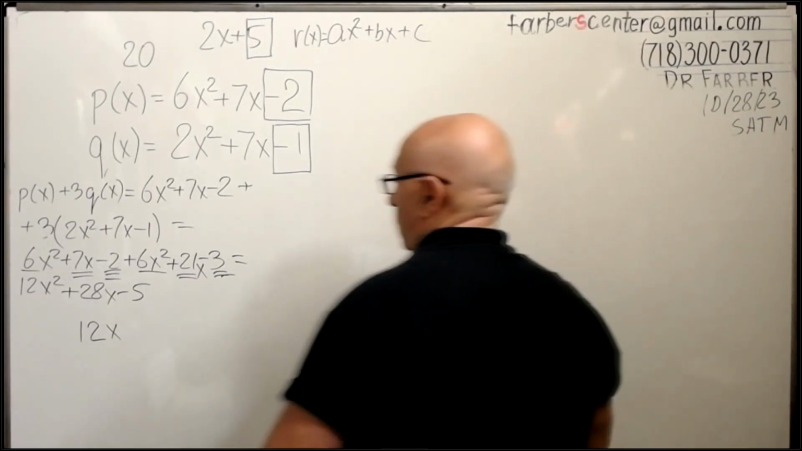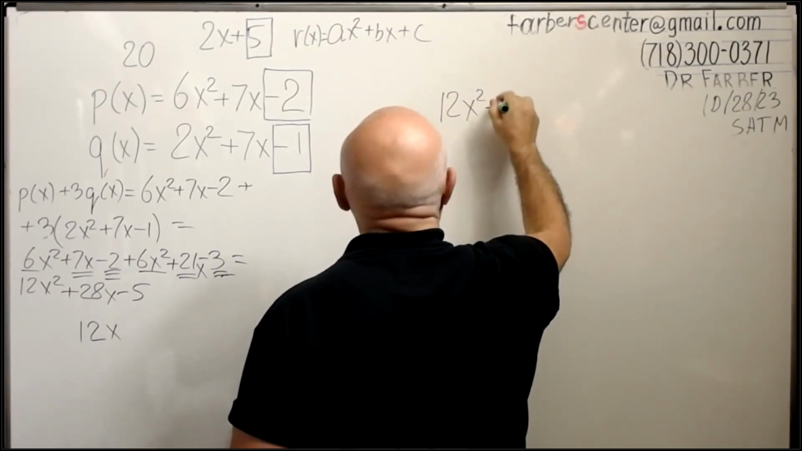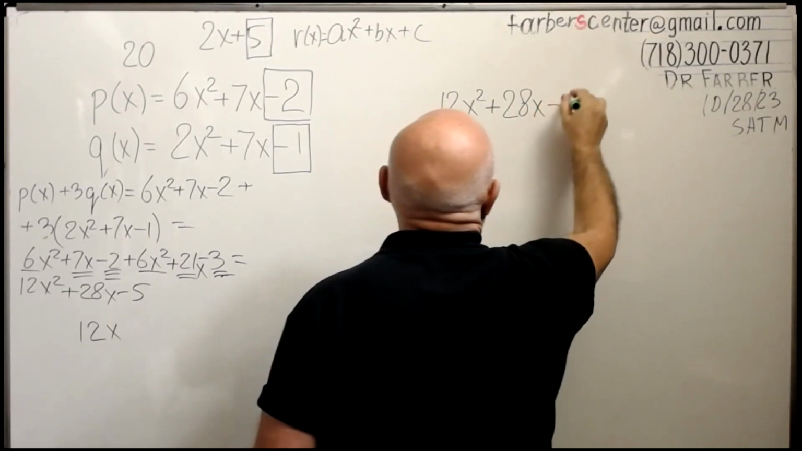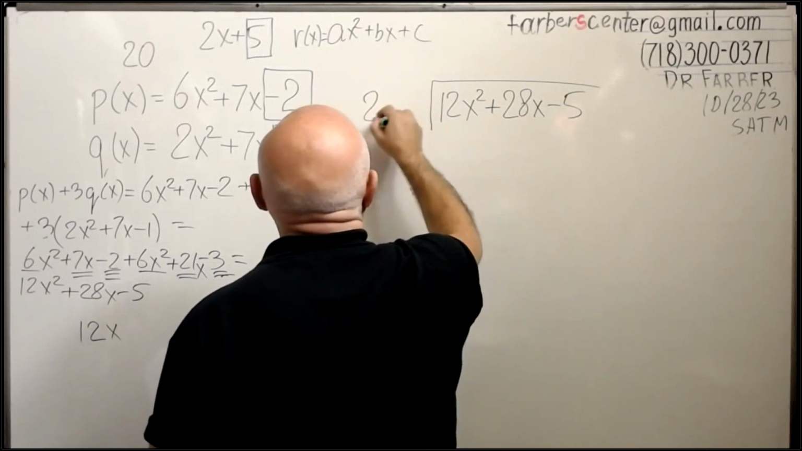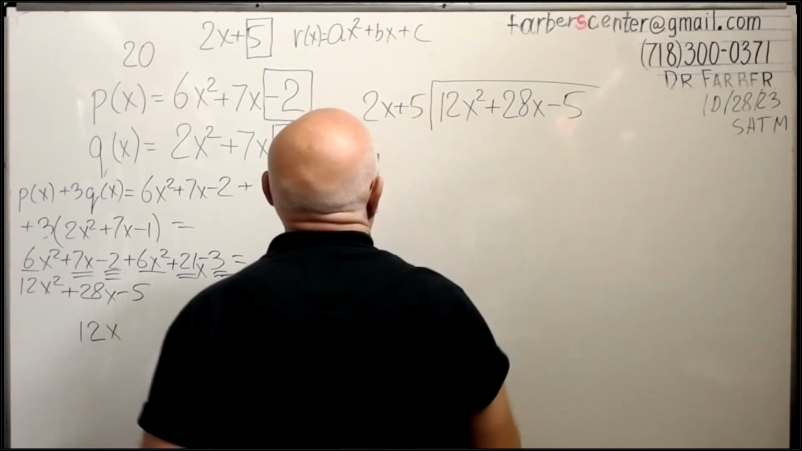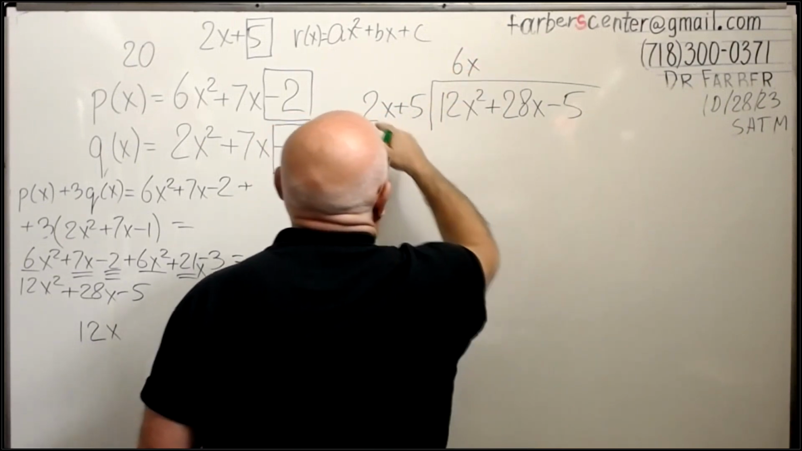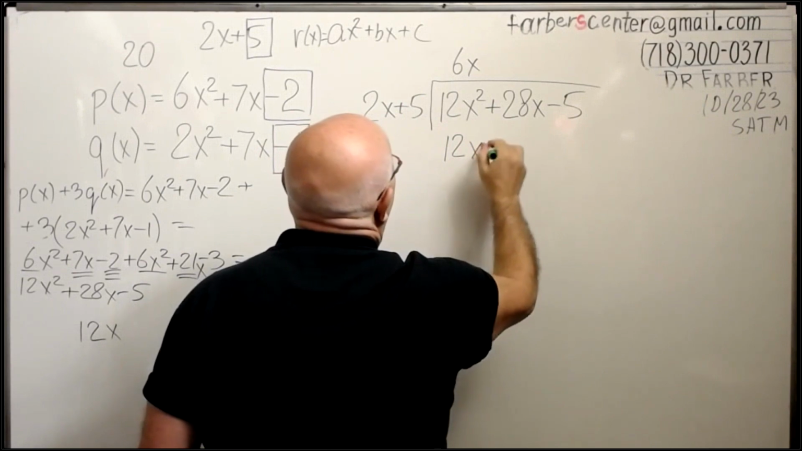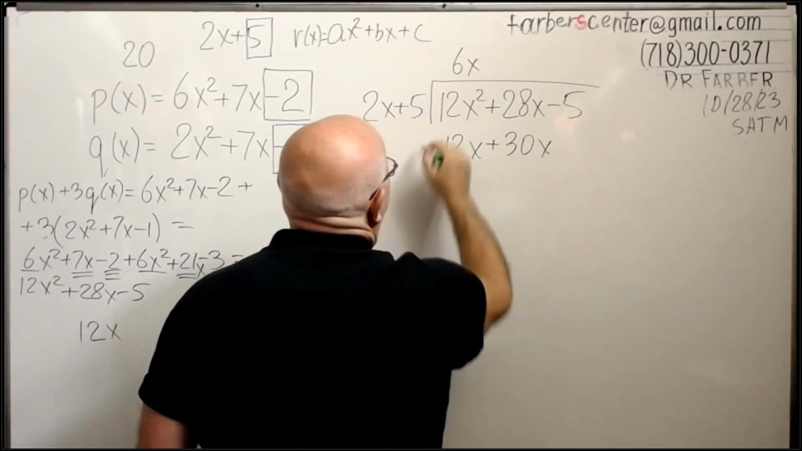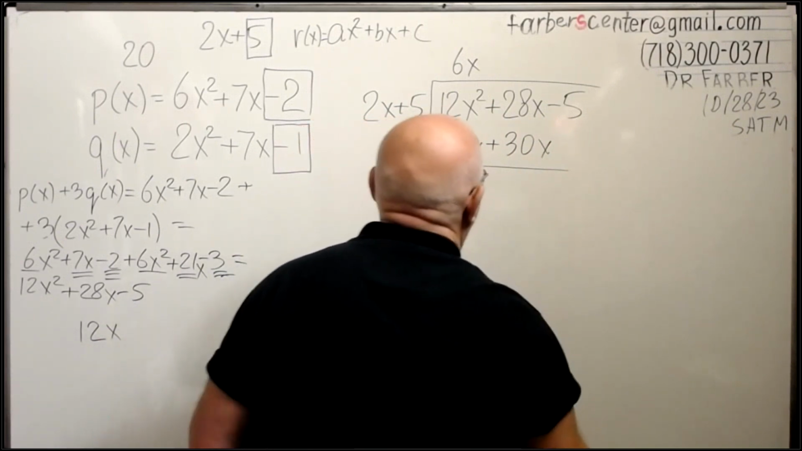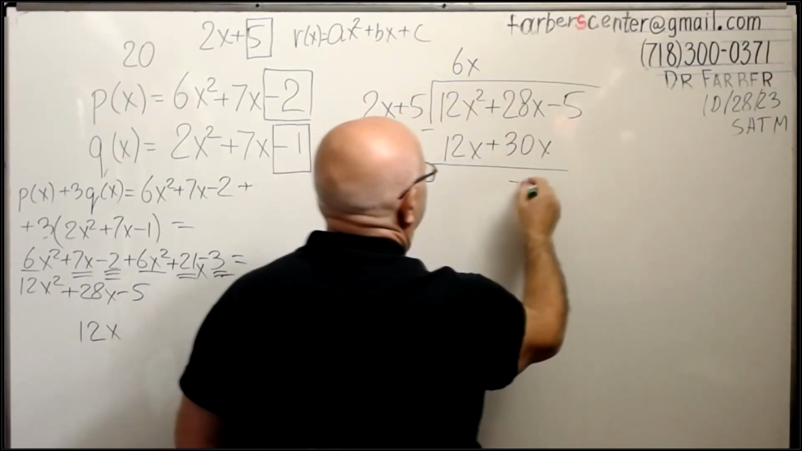So we have 12x squared plus 28x minus 5 divided by 2x plus 5. So this is supposed to be 6x. It will be 12x squared plus 30x. Subtract. After subtraction, you get -2x